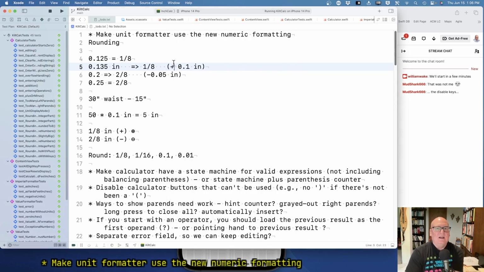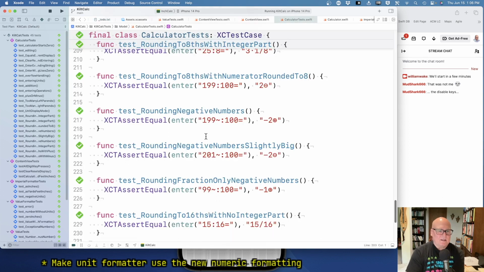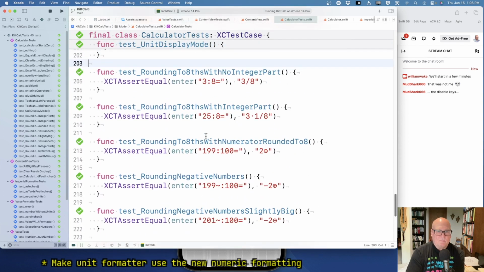All right. Calculator tests. Okay, so before we had stuff like enter a 2, enter 2 and 5, enter a divide, enter 8, enter an equals, step by step by step. Now we just have the little language that we have in the content view. 3 divided by 8 equals should be 3/8. So this thing spins up a calculator, enters the keystrokes, and returns what's in the display. So you can see,